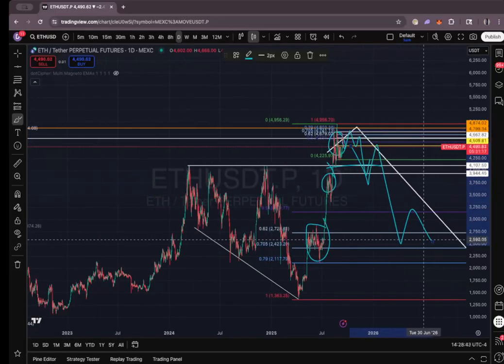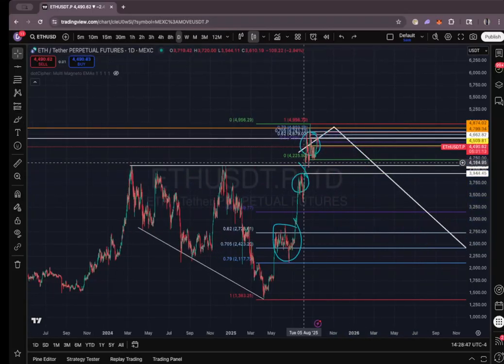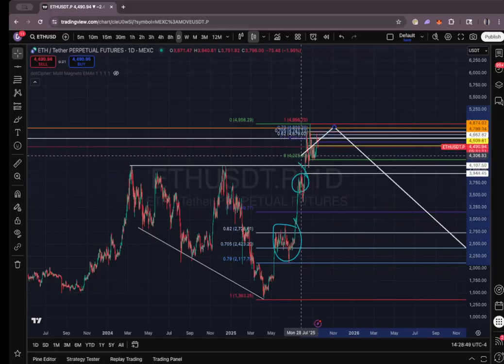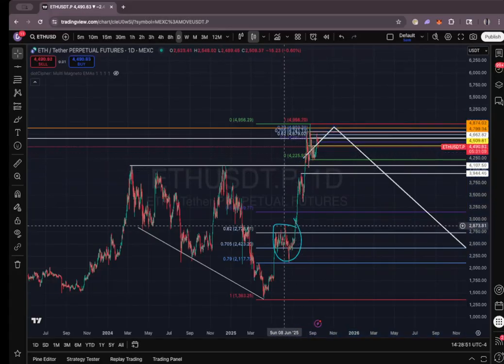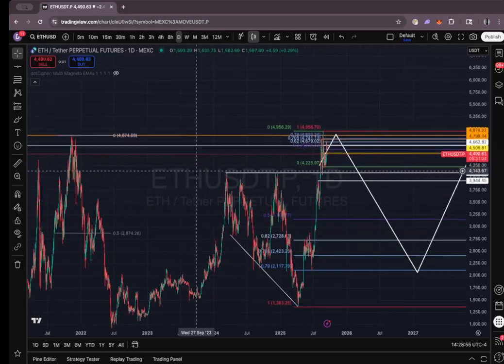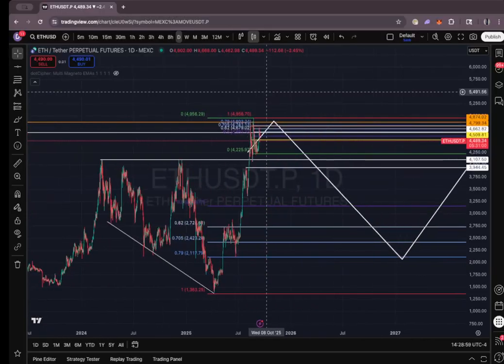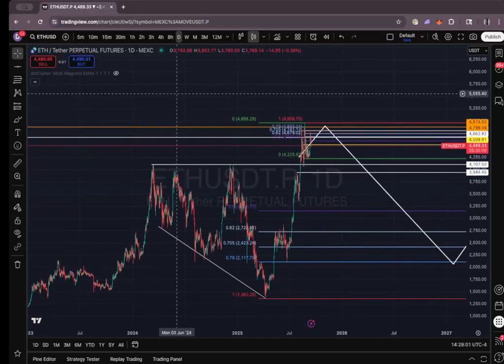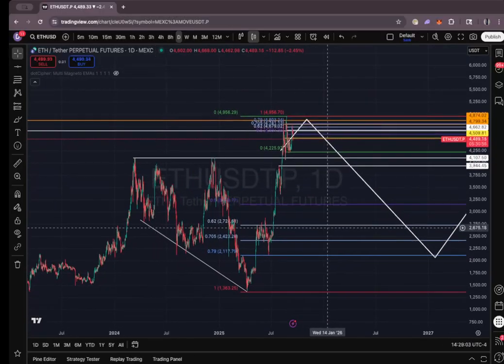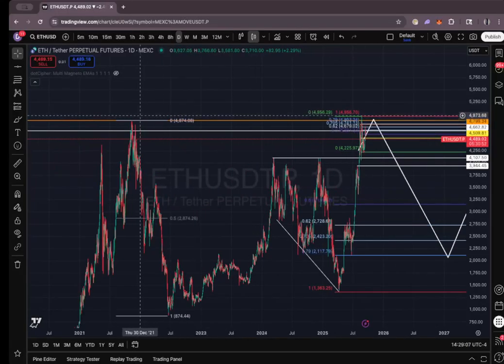So I think Ethereum is on its way down from here, but it's a little too early to say for sure. So I don't want to long it. I don't want to short it. I just want to let it be. Let it do its thing, right? There's plenty of other coins out there that have way better structures than Ethereum does. But yeah, I would say I'm not going to be bullish on it until we break 3,000 again, because we took this high already.